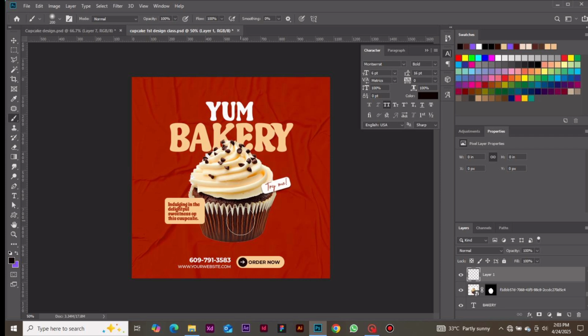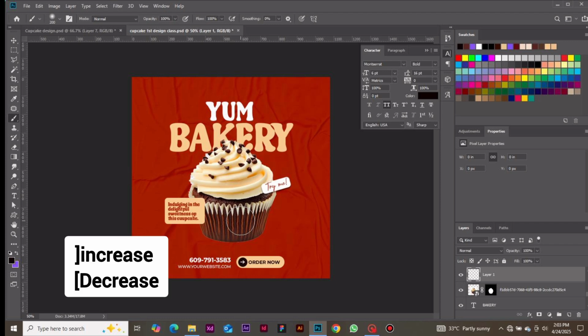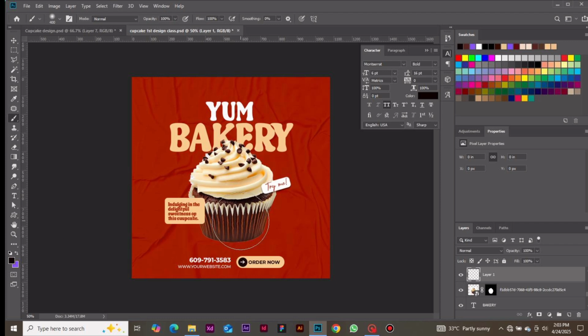So to increase your brush, all you need to do is click on the right bracket key on your keyboard to increase, then the left bracket key to reduce your brush size. So we're going to click on the right because we want to increase it. This size is okay. Then you can just click on your screen, just one dot, and then you go back, pick your move tool, and then you hold down shift and adjust